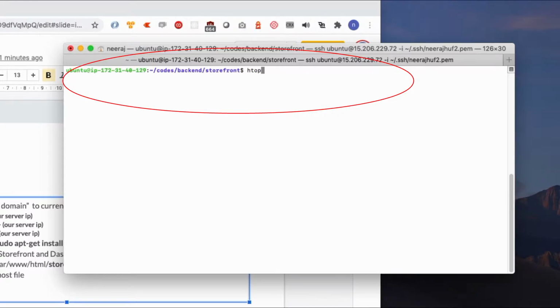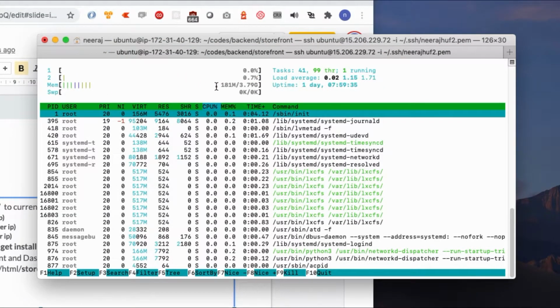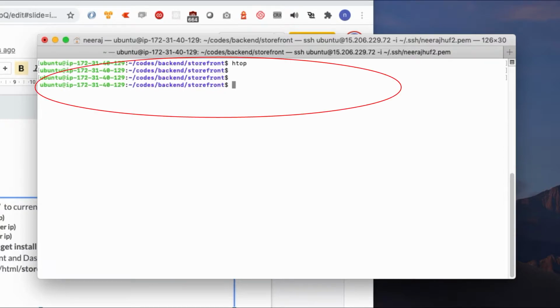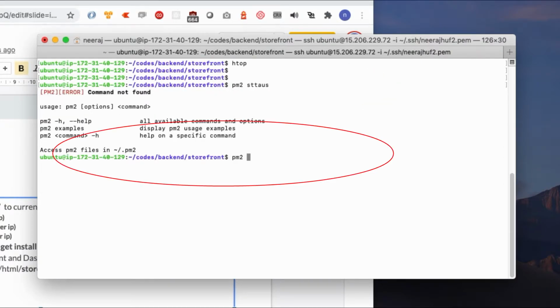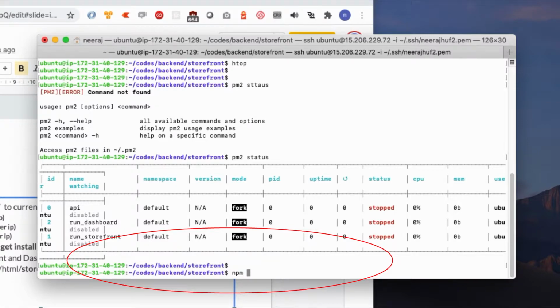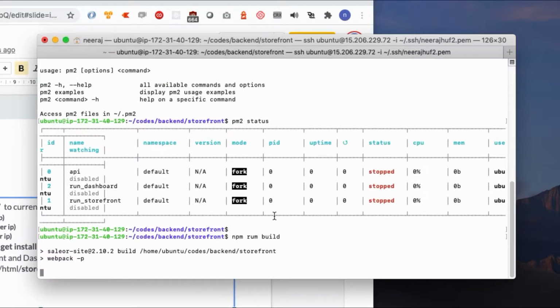Let's see the server status. My server is almost free, no CPU usage, very little memory usage, and I can see all my PM2 services are stopped. So in order to build my storefront, I can simply run npm run build.